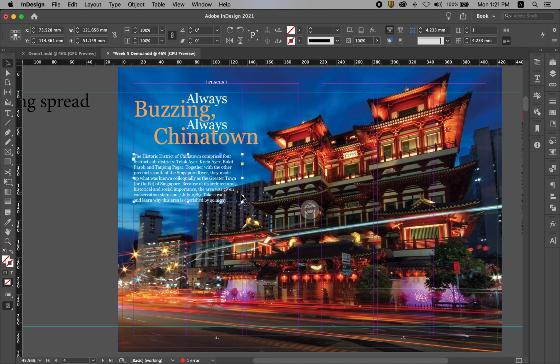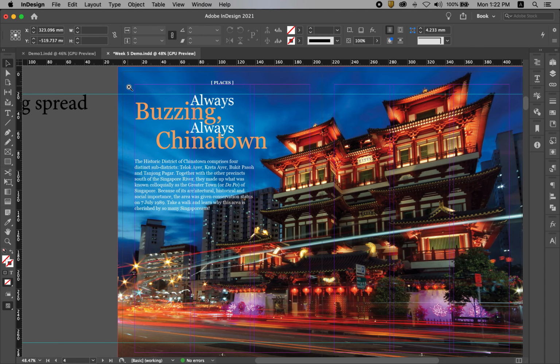Once you click it, can you see the red box is here? That means that there is hidden text, so I've got to drag this down. Maybe I can drag this a little bit longer. There, okay, so at this point, please check. I'm going to zoom in. Please check